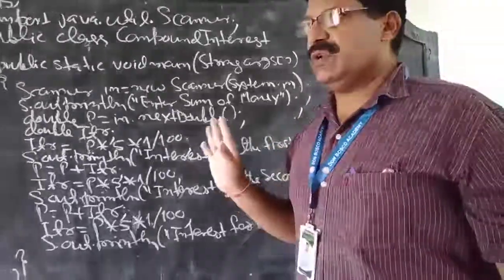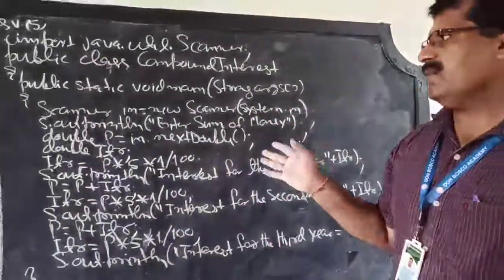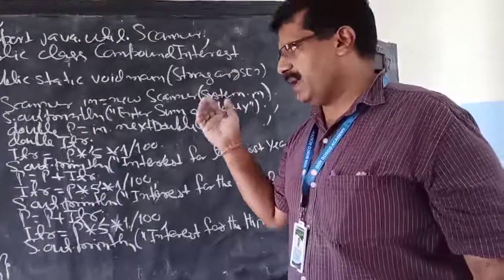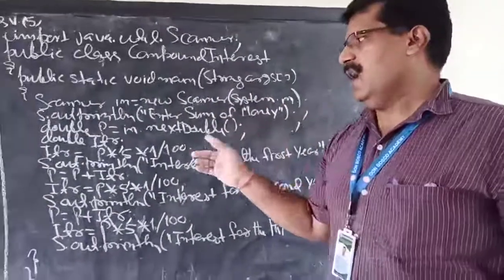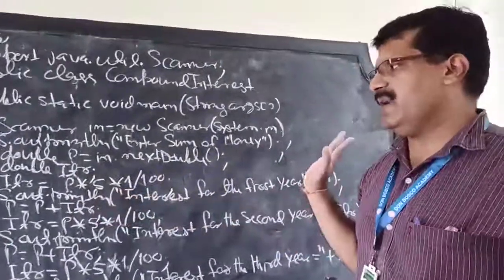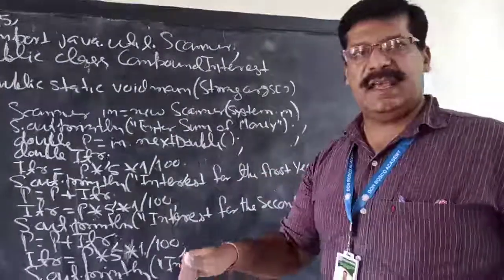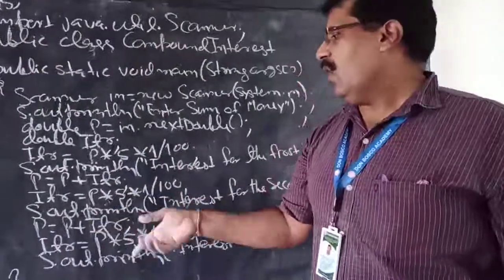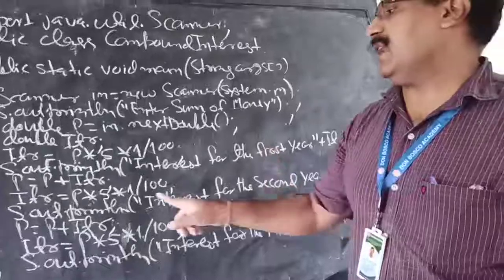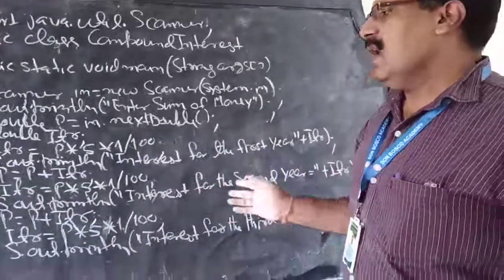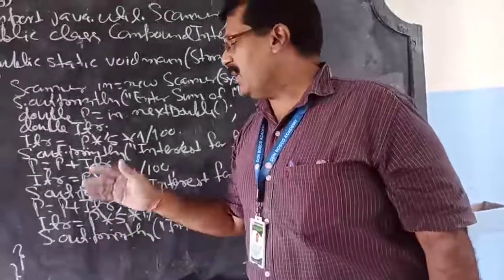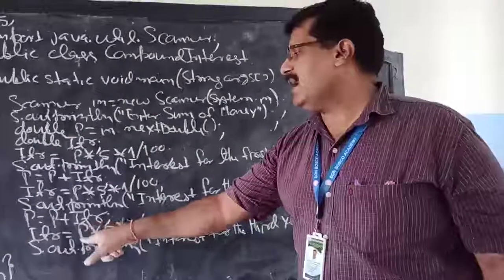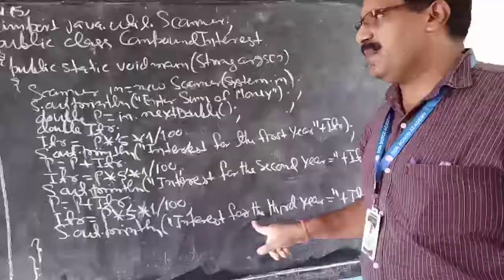So once again, the question was, Mr. Agarwal has invested some money that you have input. He had asked to print the interest for the first year, second year and third year. So for the first year interest, p into 5 into 1 by 100. Interest is printed. Now for the second year, p will become the principal amount plus the interest of the first year. So that is the p now. On that basis, we will calculate the interest for the second year: p into 5 into 1 by 100. Printed. Now the principal amount for the third year will be the principal amount of the previous year plus interest. That is the principal amount of the third year, and on that amount calculate the interest and print the interest.